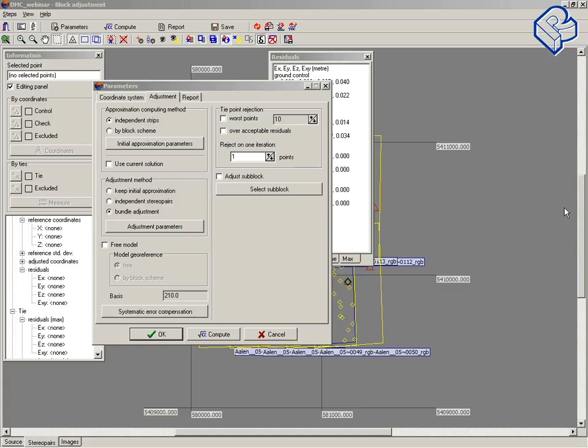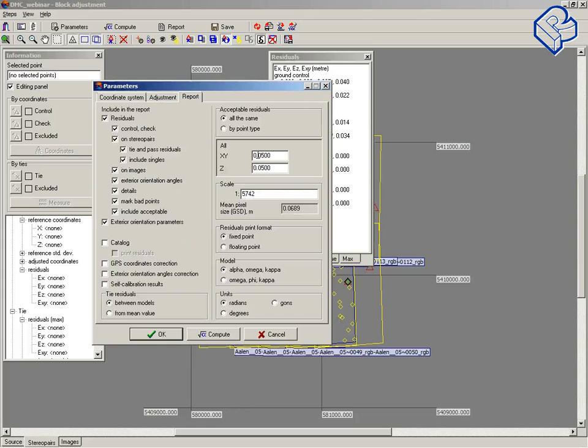Well, one more question from Dimitrios from Greece. During solution of aerial triangulation, there is a minimum number of worst type points that is rejected. Is it possible to have 0 rejected points on each successive triangulation? Again, it's the same question as it was from the very beginning. Of course it is possible. It depends on whether you want to reject points or not. So you have to set the